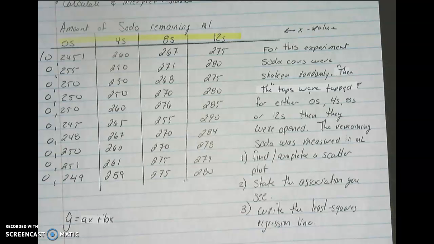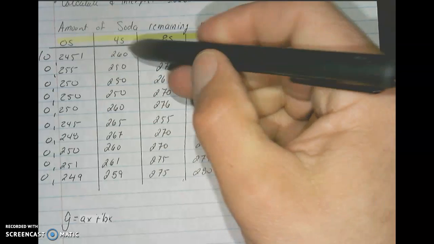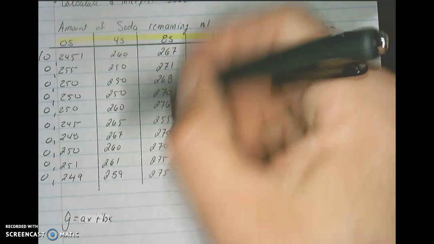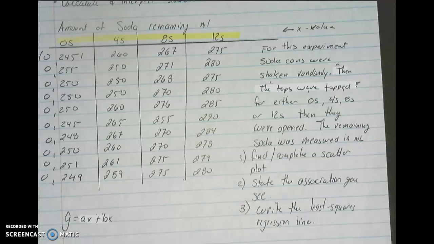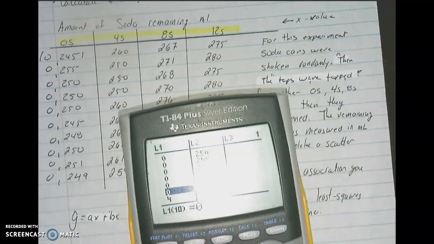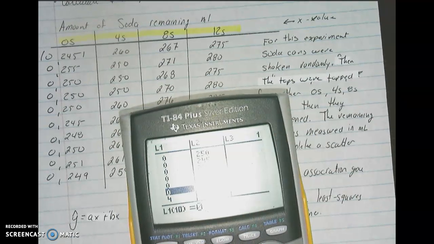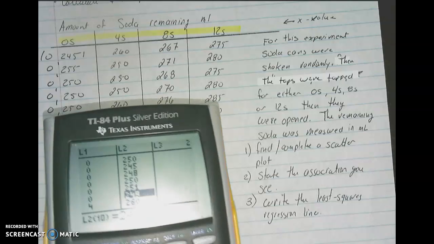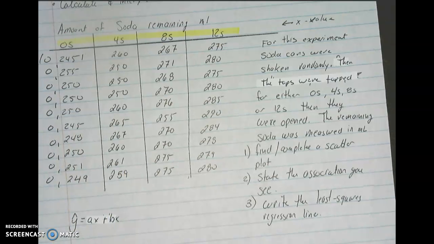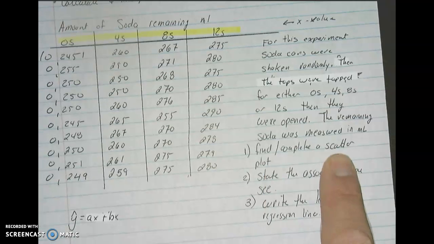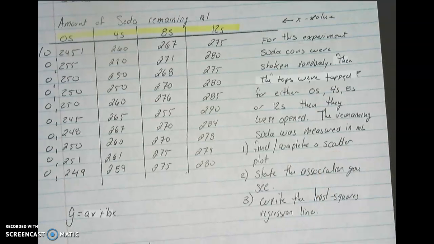So I was lazy and went with, here are the x values, and then here are the y values, okay? I just typed in my zeros, and then I moved my cursor over, and it would take me to the top of my list, and I could type in the rest of my data set. So I want you to enter the data set. I want you to find and complete a scatter plot. So that's your first assignment. Well, not your first assignment, but